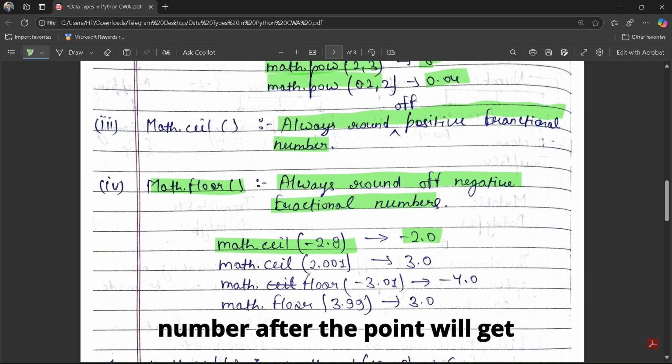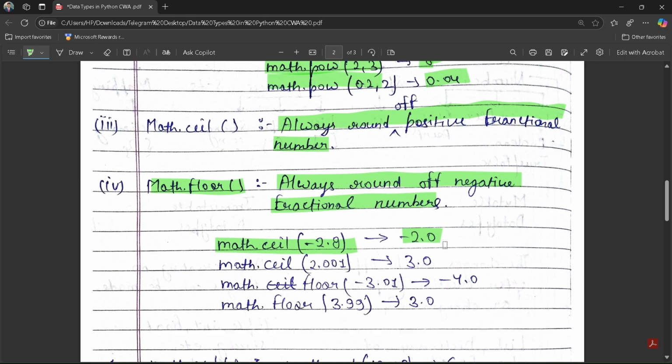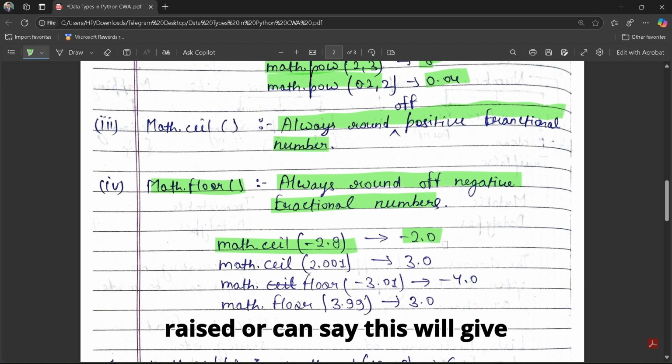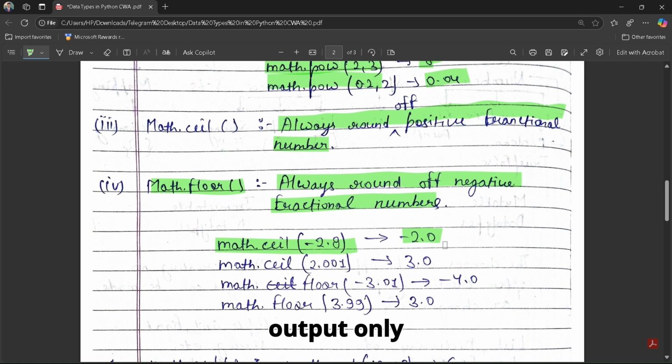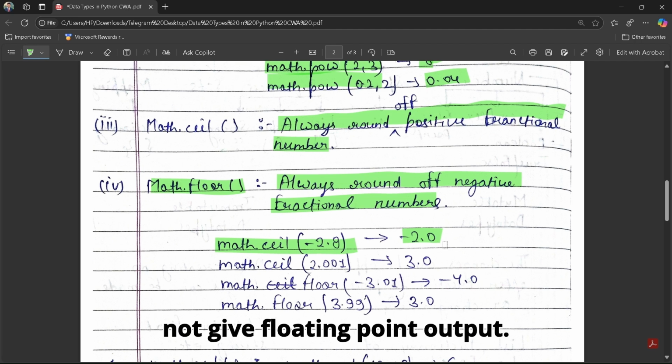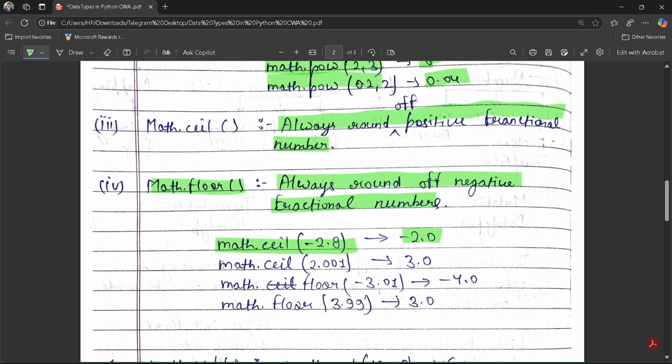Means the number after the point will get raised, or we can say this will give output only for the -2, or just for the integer, not give floating point output. So next we have math.ceil, or we can say about math.ceil,